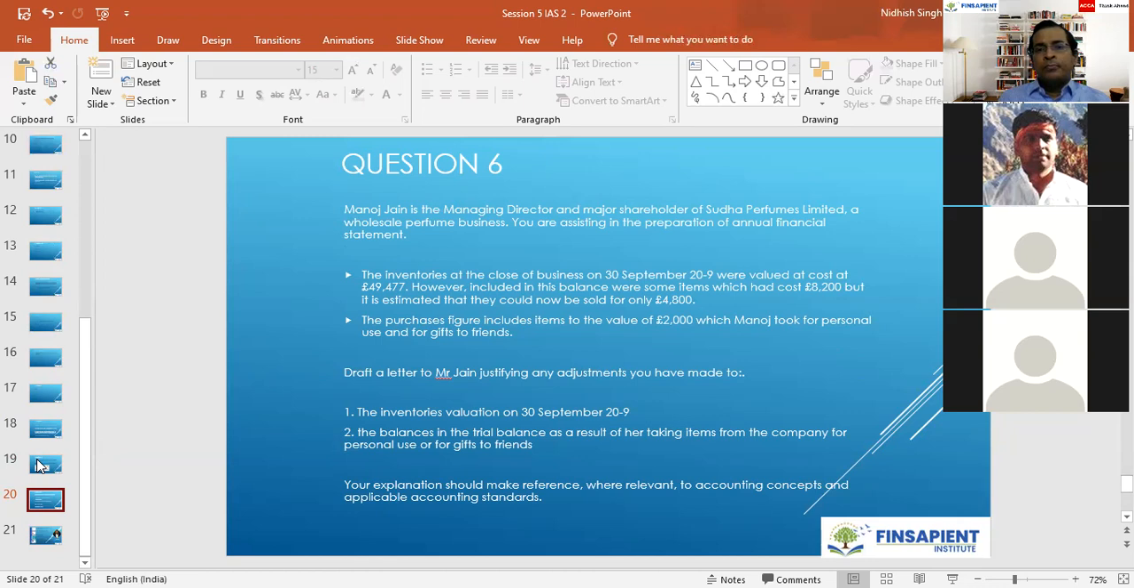It is 47,477 because in the first point it mentioned how I included this. But estimated that it could be sold for only 4,800. Okay. 47,477 minus 3,400. Okay, I had reduced 2000. That is sure. 44,077 pound,